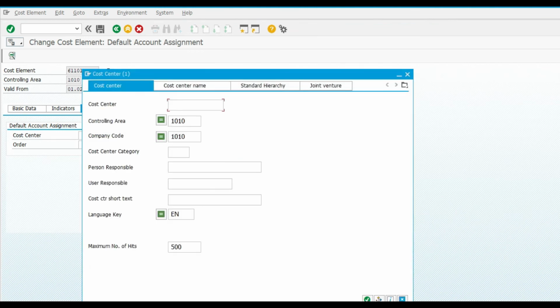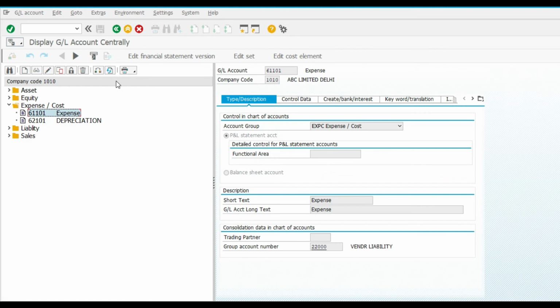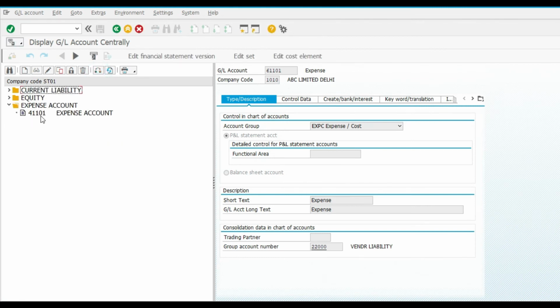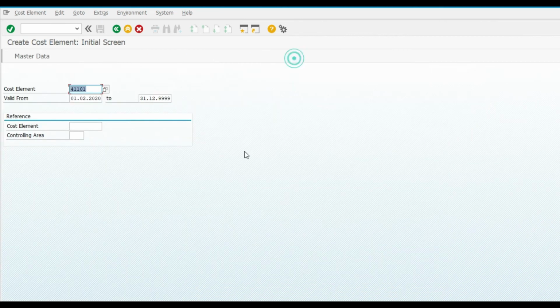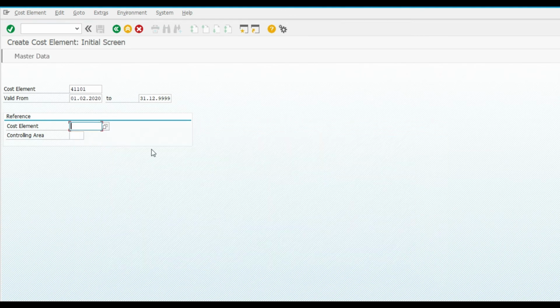Okay, just for testing purposes, this is a different chart of account. Just open our chart of account ST01 expense account, edit cost element. I think we have to create the cost element first.